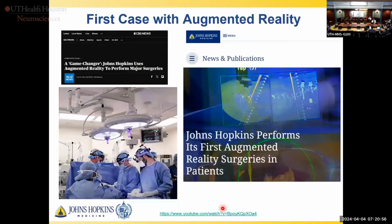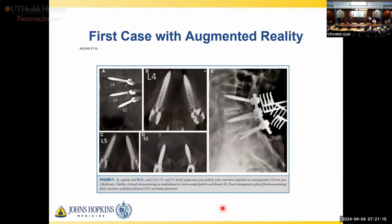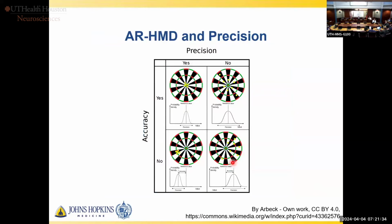We were fortunate to do the first case at Hopkins in June of 2020, and published that first case. I tried to line up a relatively straightforward case. It was an L4-S1 fusion in a woman with a spondy at L4-5. One of the things I did during this case is that normally I place my S1 screws bicortical, and I didn't do it just because I wanted to make sure the accuracy was proper and the screws were inside of the bone. We looked at accuracy and